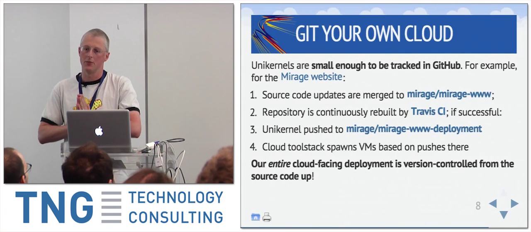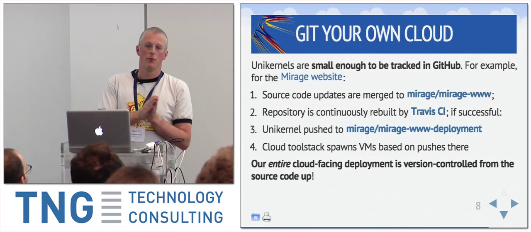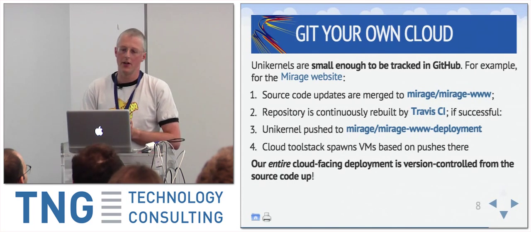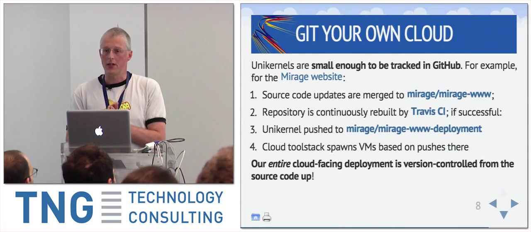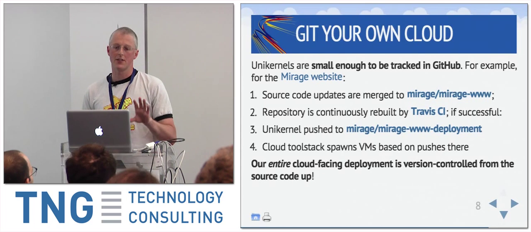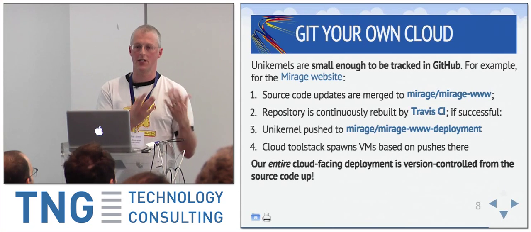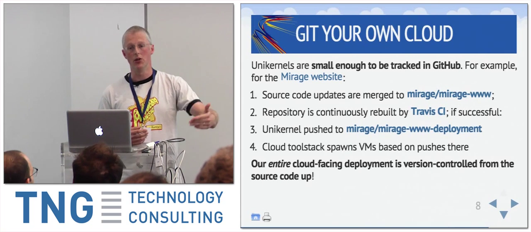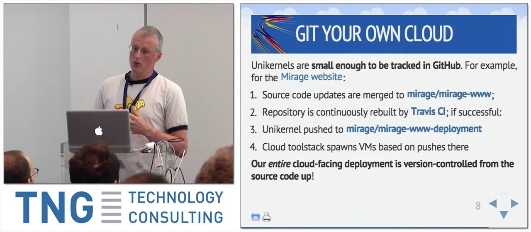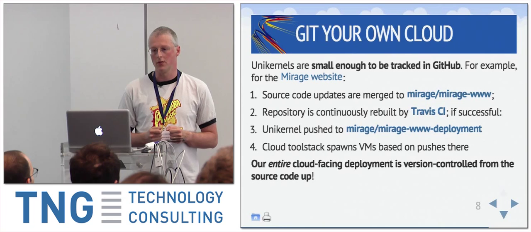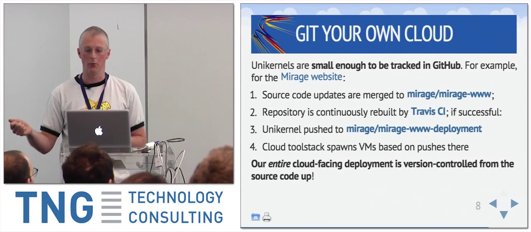The final benefit I mentioned was about being able to store these things in Git. So, for example, the Mirage website, we've been dogfooding this for about 4 years now, so the Mirage website is a Mirage unikernel. Okay? The development process for updating the site is that source code updates get merged into the GitHub repository. So you send a pull request, Travis build kicks off, checks everything's good. Somebody on the team then merges that into the repository. That kicks off another Travis build. When that build is successful, in particular when the Xen version of that build is successful, the unikernel gets pushed into another GitHub repository, the Mirage deployment repository.